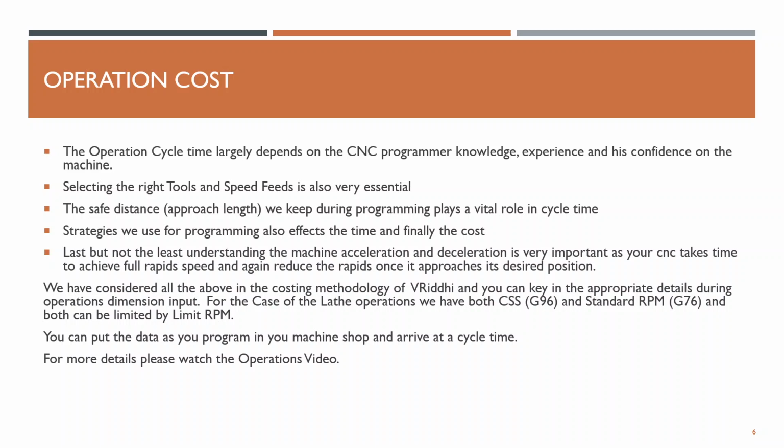One of the important factors while doing the turning operation is finding out the time using CSS, that is G96. If you are not calculating that, you are probably going out of context. So we have the option of keeping both G96 and G97, and you could work on the costing with the same. I would recommend that after watching this video, you watch the other videos as well, which will cover setups and operations, before really starting to use this software. This will help you a lot.